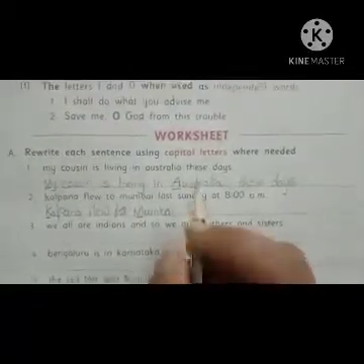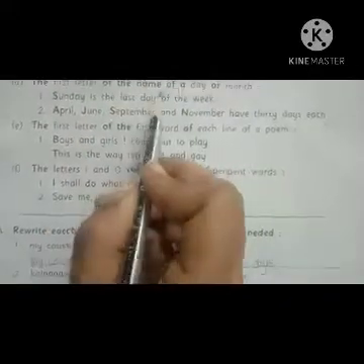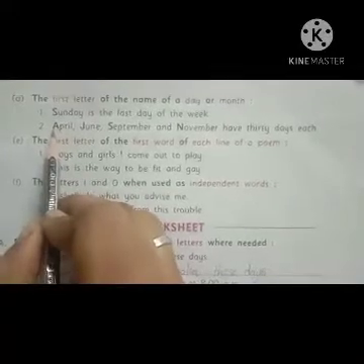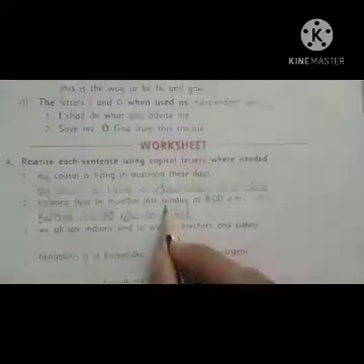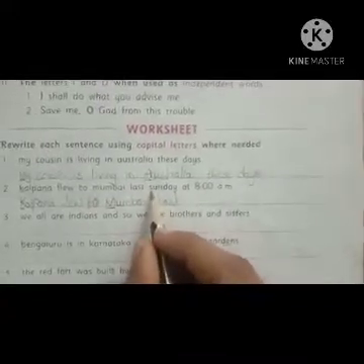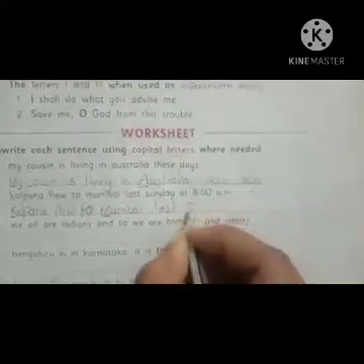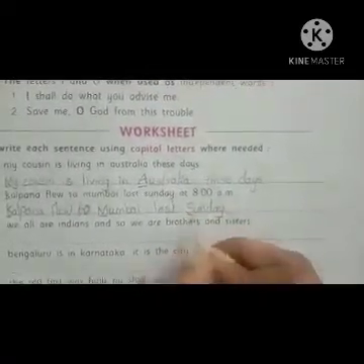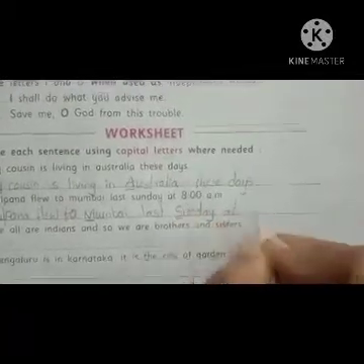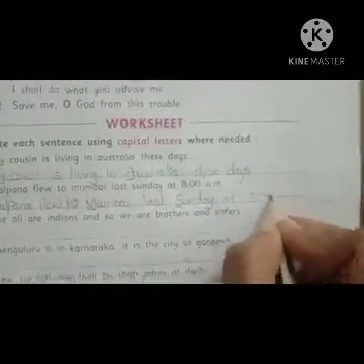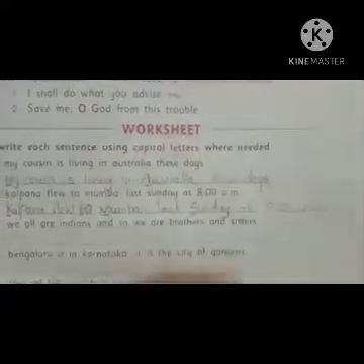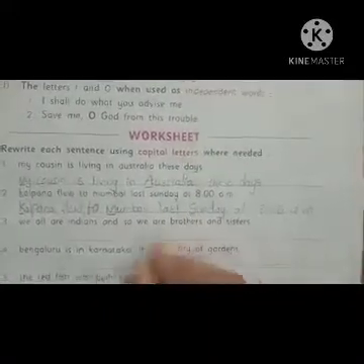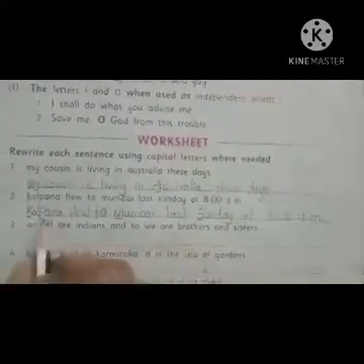Last Sunday. See here what I told, the first letter of the name of the day and months. Day and months, the first letter is there, no? That letter we must and should write as a capital letter. So here which day is this? Sunday. So S is a capital letter. Last Sunday, and underline the S. At which time? 8 a.m. Okay children, Kalpana flew to Mumbai last Sunday at 8 a.m. Underline the S, M, K. These letters are the capital letters.